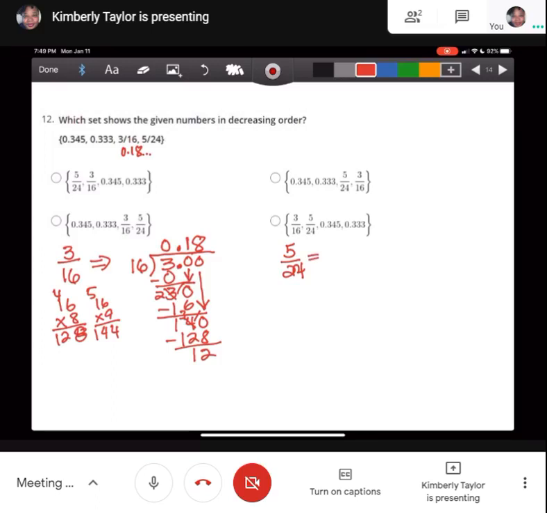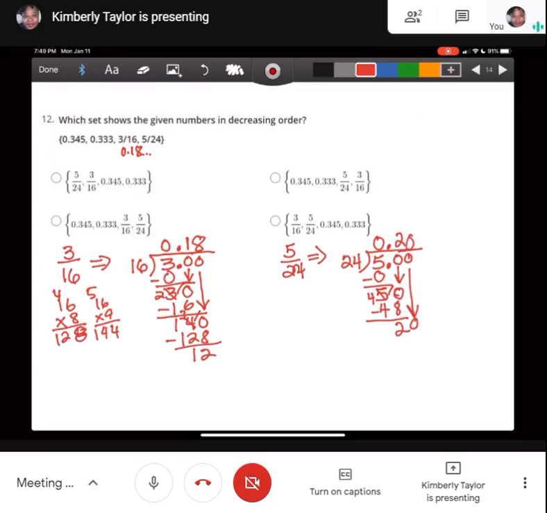5/24. And so we have 24 here, 5 under our division sign. And this is 24 into 5 goes 0 times. 24 times 0 is 0. Subtract the 0, you get 5. Add a decimal point and 0, bring it down. 24 goes into 50 2 times. And I'm going to get 48 here. And subtract. You get 2. And I actually could stop right here